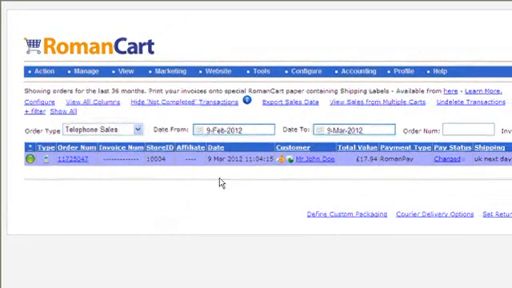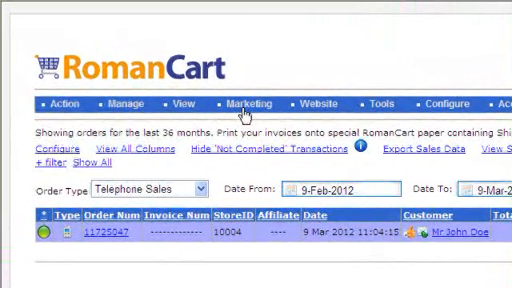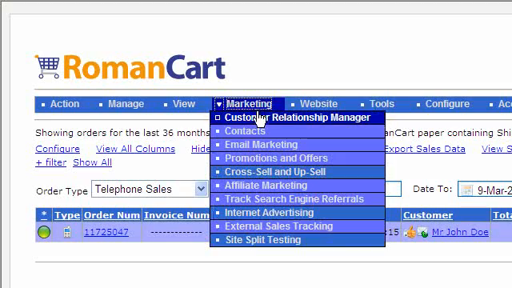And there's another thing you can do as well, which is that if your customer is already on the system, then you can automatically pre-populate the checkout page with their details. And I'll show you how to do that now. If you go to Marketing, Customer Relationship Manager,